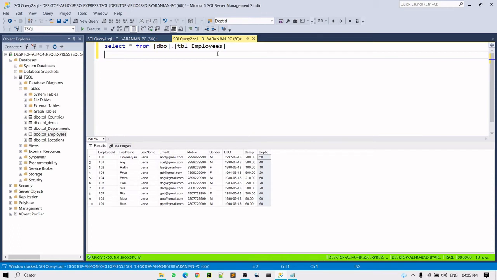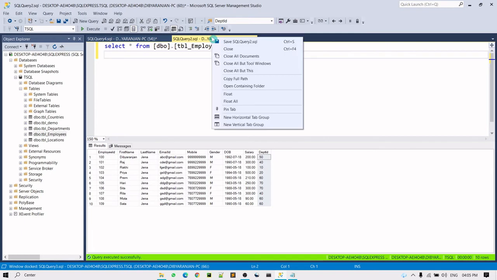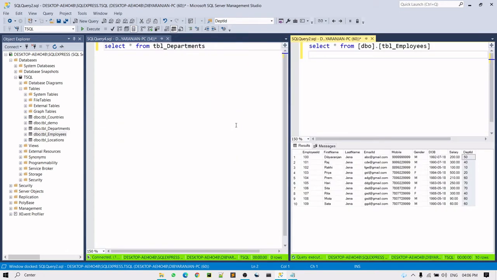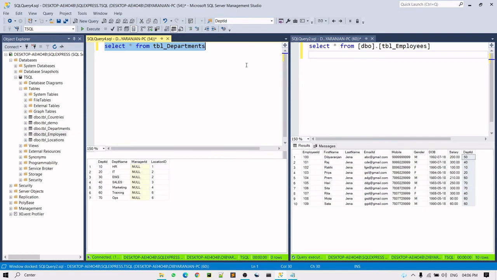For that you just right click on this tab and you can see these two options available here. One is to split your window into two horizontal tabs or two vertical tabs. I'll click on this vertical tab. Now you can see two tabs opened here and you can execute the statement and compare between the two tabs.